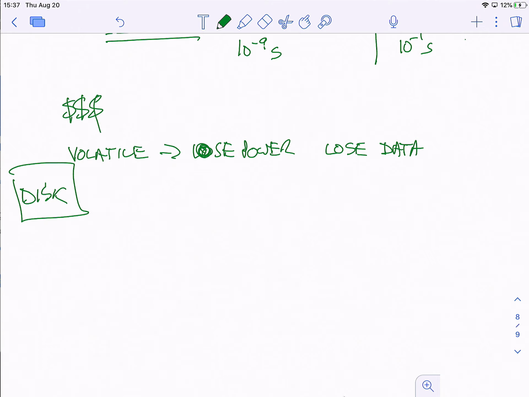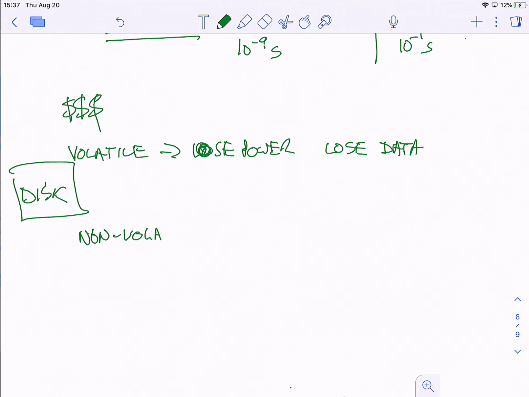All right, disk is secondary memory, and why would you want disk? Well, you want disk because disk is non-volatile. When you lose power, data remains on disk. So that's good. So there's a lot of different flavors of... I shouldn't have said disk here because that's